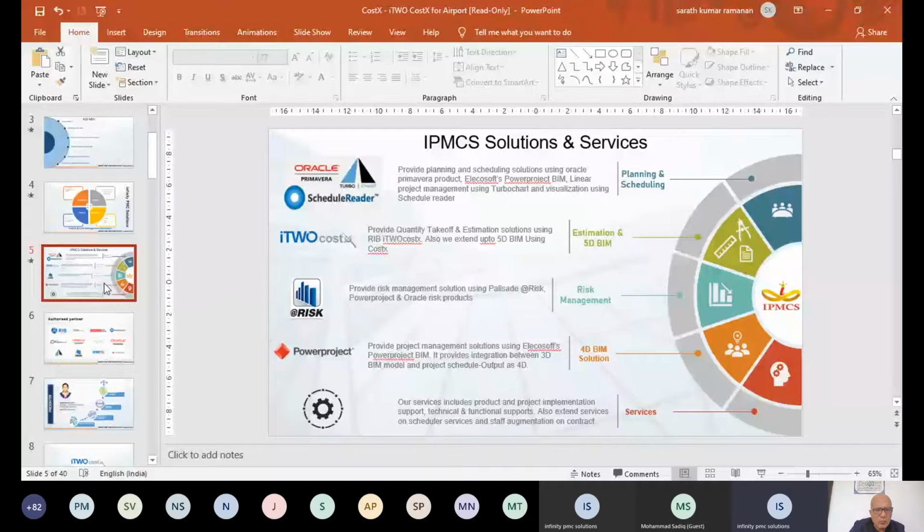In the service category, we are an implementation solution provider where we provide implementation for the above mentioned products, and for projects. So we extend our support in terms of technical and functional on products, and we extend our support for scheduler services and staff augmentation on contracts.